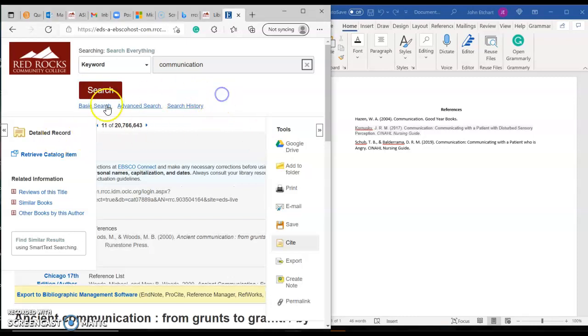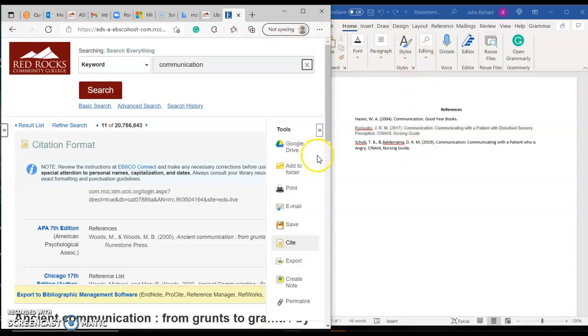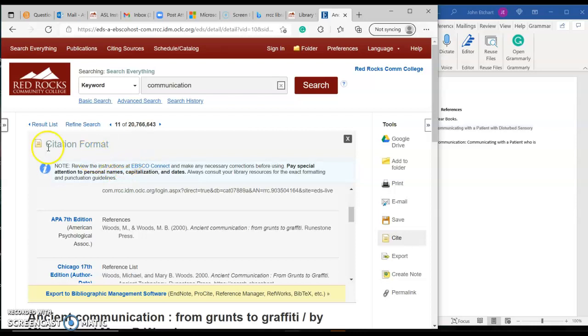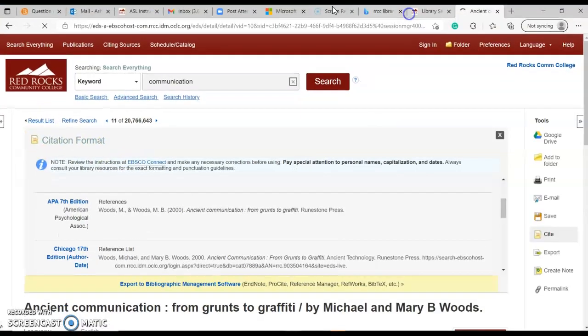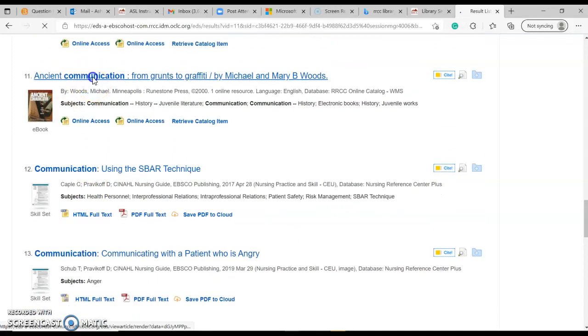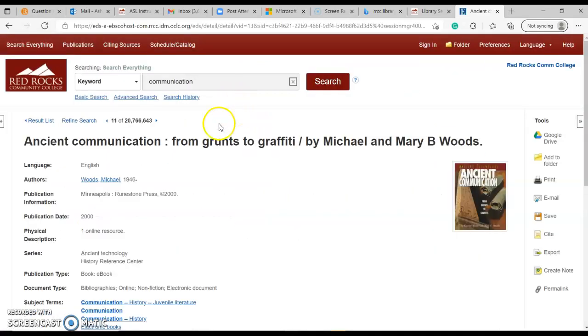I'm just going to show you quickly how easy it is to take your Red Rock citations and put them into a references page, getting your formatting right for APA. So I have my reference, just pick one, pick a resource that I want to use,